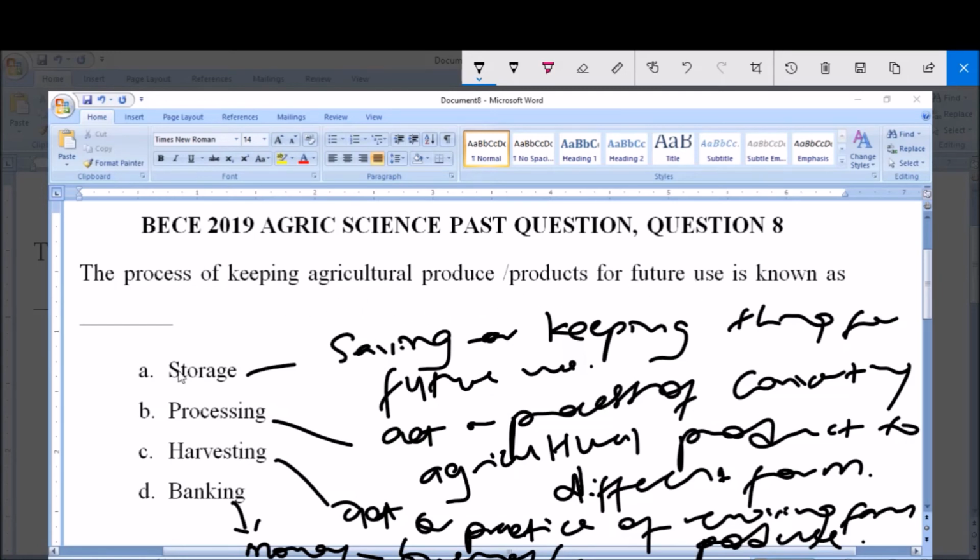So the question says the process of keeping agricultural produce and products for future use is known as dash. It is A that is the answer, storage. Storage simply means saving or keeping things for future use. Simply the process of keeping agricultural produce or products for future use. So the correct answer to this question is A,